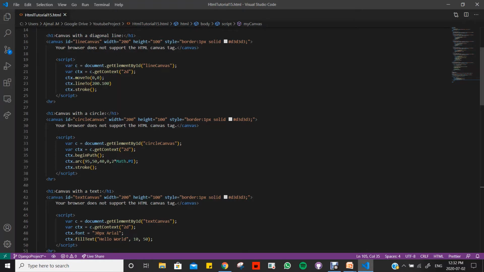Variable c equals document.getElementById, line canvas, and variable ctx equals c.getContext 2d, that is also fine. ctx.moveTo 0, 0, yeah, that is fine. ctx.lineTo